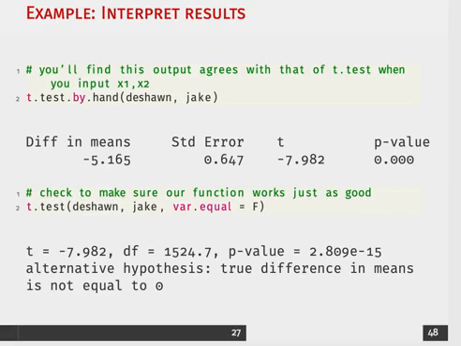Then we get basically the exact same results, right? We can see that our t statistic is sufficiently large and our p-value is basically 0, which means that we do have sufficient evidence to reject the null hypothesis that the 2 groups are equal, meaning there's probably sufficient evidence that they are not equal. But we can't make that type of statement because of the way we are constructing our null hypothesis.